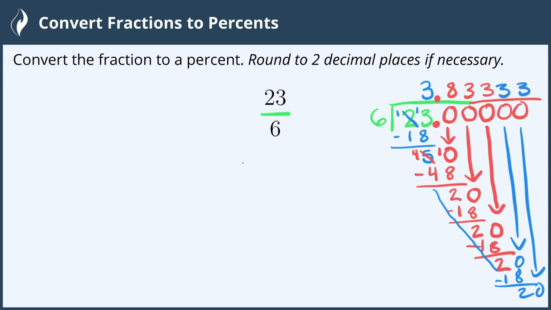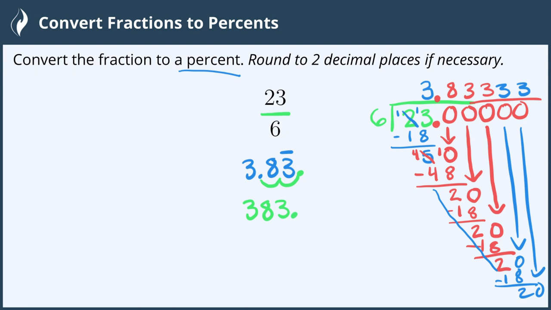And we can rewrite that as 3.83 with a line over it. Either way, we still need to change this to a percent. The fast way of doing that is moving the decimal over 2 place values, and that makes it a percent. So we end up with